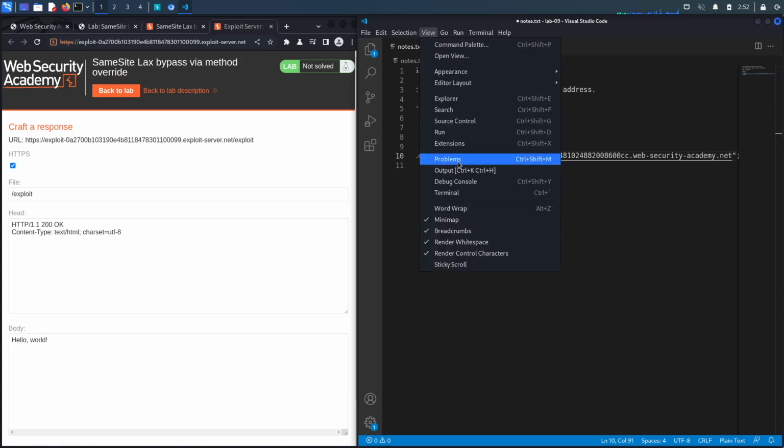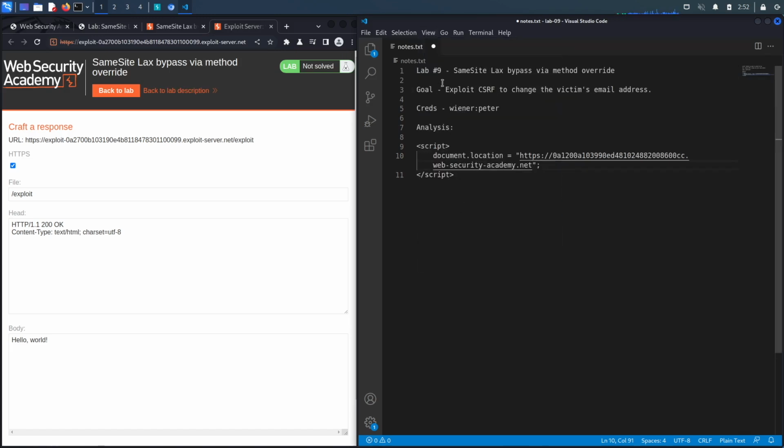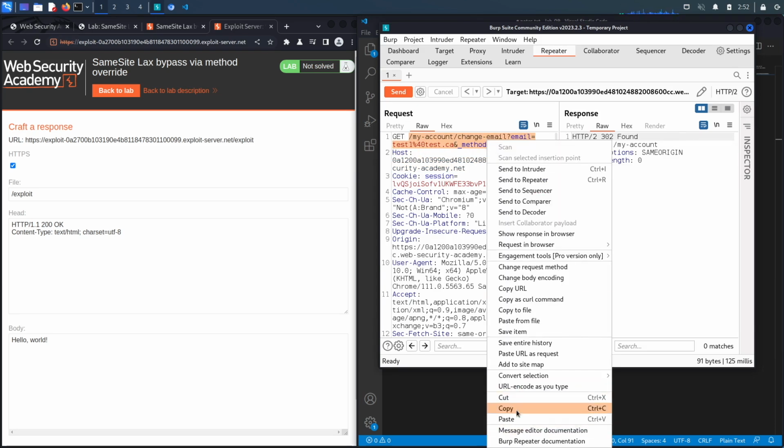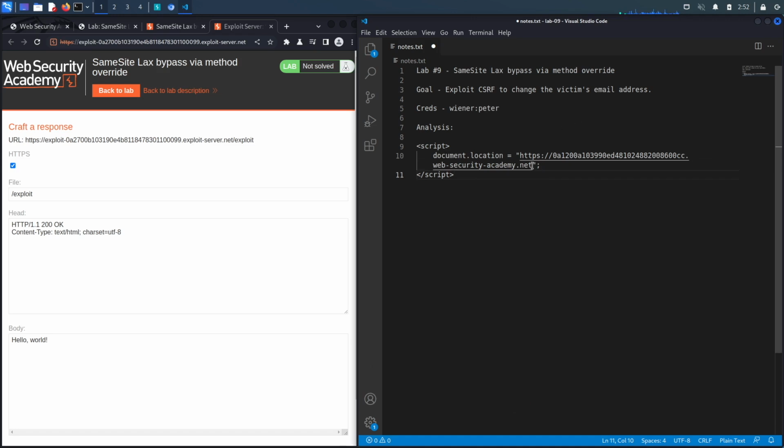And let's click on view and word wrap so that everything appears in one page. And if we go back over here, this is the rest of the URL. So let's copy it, put it in here. So far, so good. Now let's change the email address to, let's say, test2@test.ca. Let's copy this entire thing,